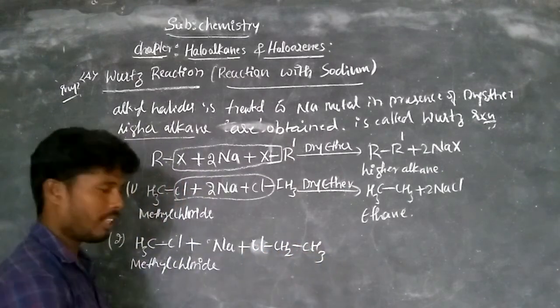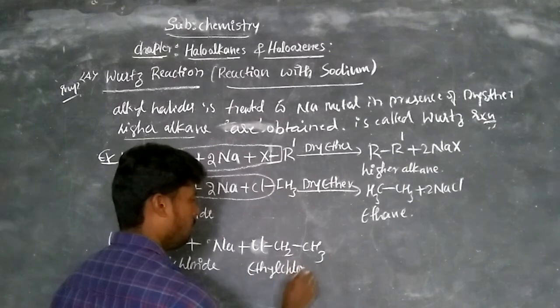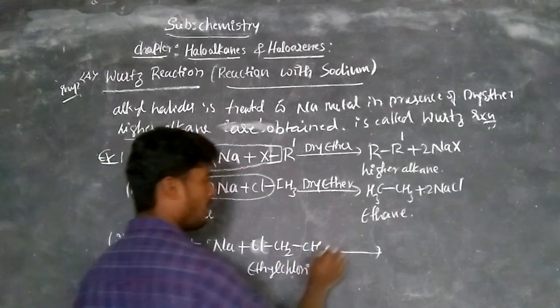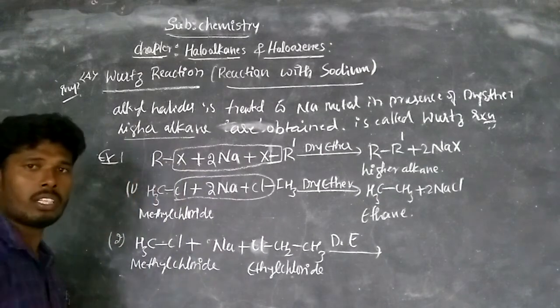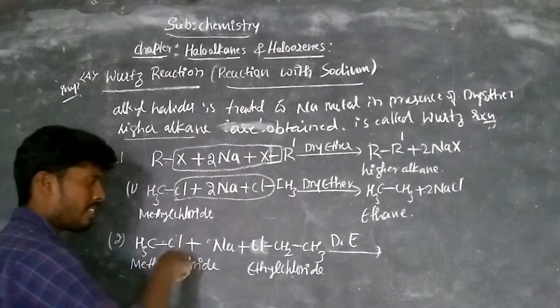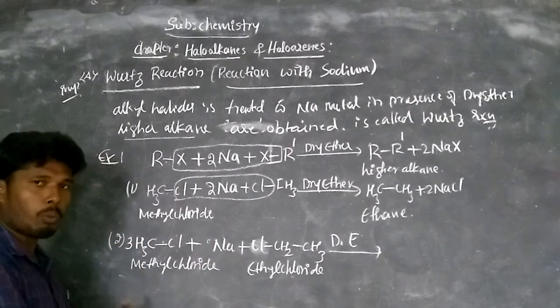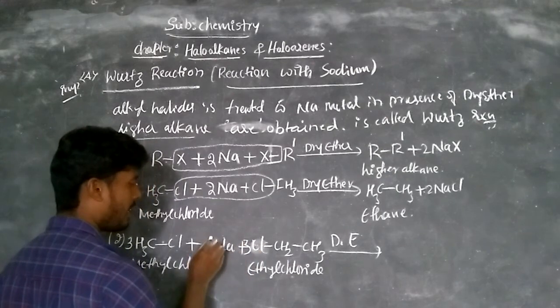What is the name? Methyl chloride. Ethyl chloride. This reaction takes place only in the presence of dry ether. So I write dry ether. So to balance this chemical reaction, take 3 equivalents. Later you will know why I am taking 3 equivalents here, and here take 3 equivalents and here take 6